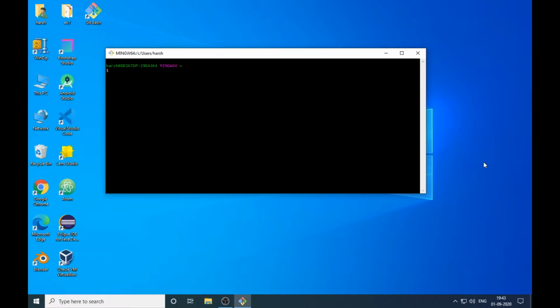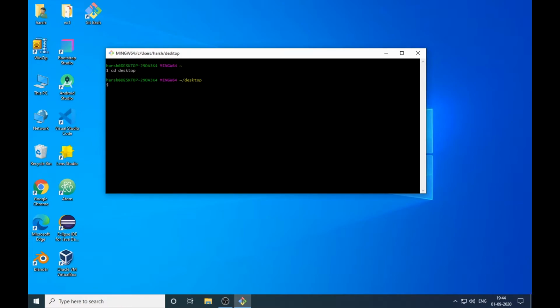Okay, so the first thing we're gonna learn is the cd command. If I type cd and desktop and press enter, as you can see here, after MINGW there is written desktop. It means we are on the desktop right now. It shows the location where we are in our whole system. But how can I be sure we are at desktop? It is just written over here.